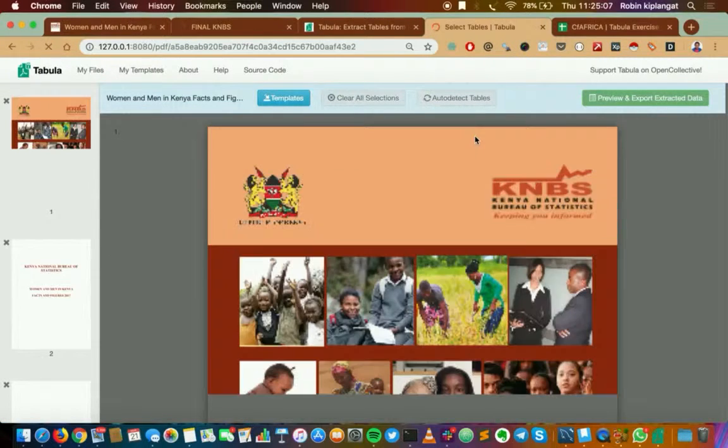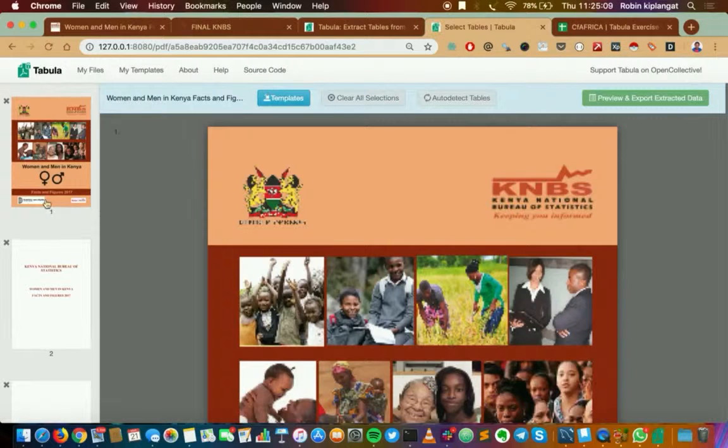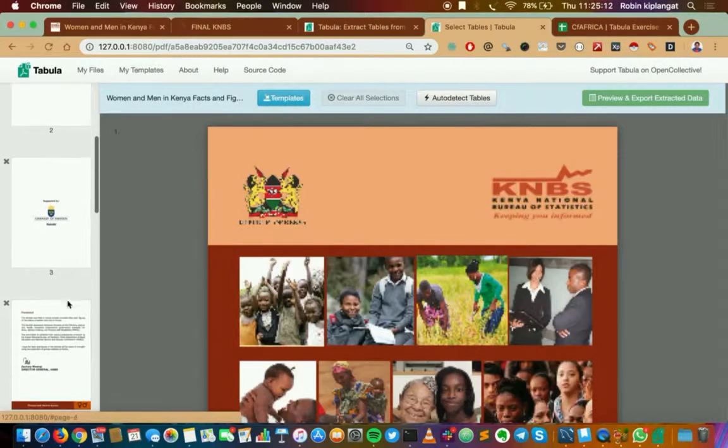Once the PDF is loaded, you'll notice on the left side there are thumbnails for each of the page, while